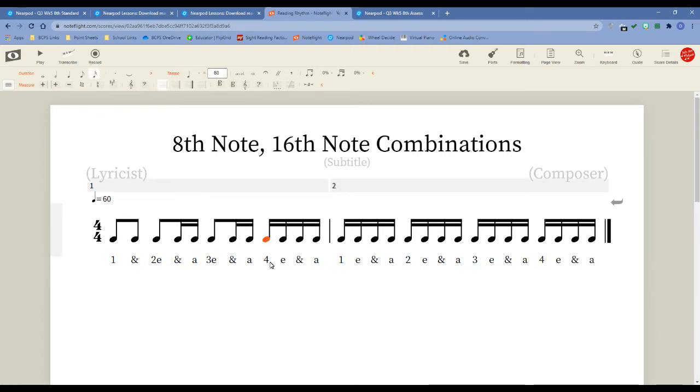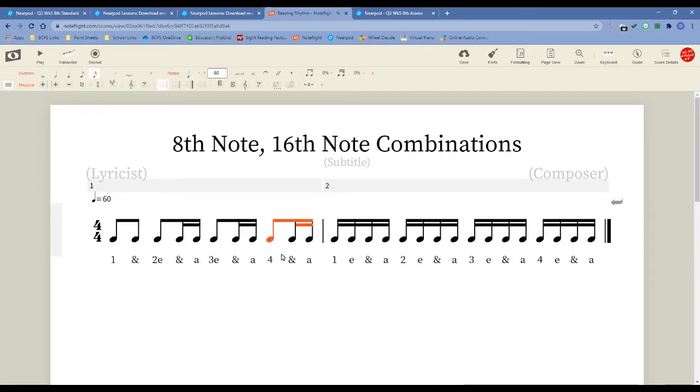Okay, let's do it to this one. Let's extend our 4, get rid of this "e," make the first half of it an 8th note, and the rest of it the two 16th notes. See that? Now I tend to write them just with the number and not the extra 16th note spot missing, although you can, it's up to you. But I feel like you get pretty good at that pattern of 16th notes, and so you see the long one, and then you just quickly tag on the "and a" at the end of it. So 1 and 2 and 3 and 4 and, it's like you're able to stop and just think about the divide of that one. Okay, and this is the way we're going to deal with them this week,